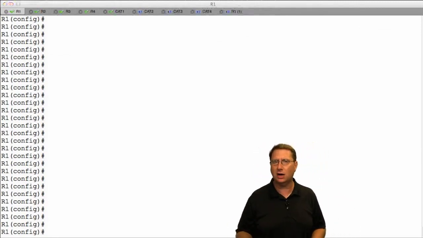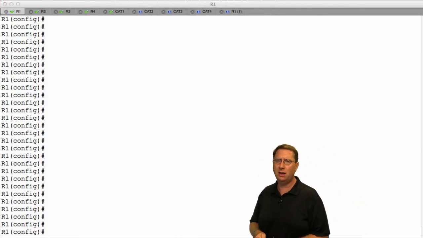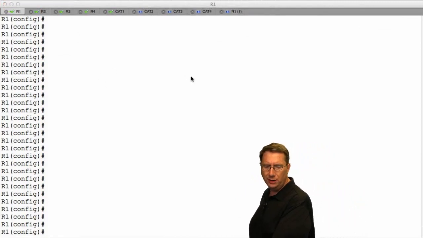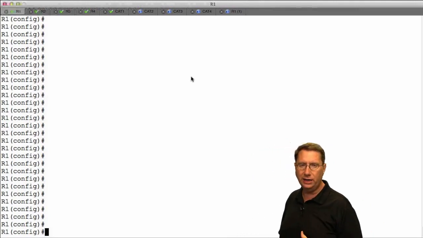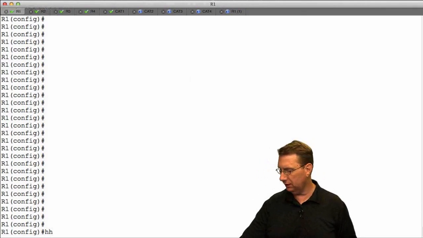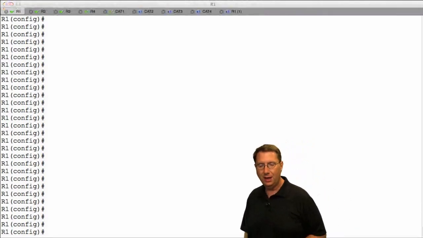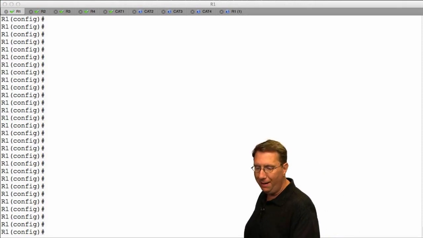Now, it's been a little while since we talked about OSPF. We mentioned it loosely near the end of ICND1 conversations. And what we want to do is highlight exactly what it is we're talking about and why OSPF is actually so important to us. Let's make sure that I've got everything good to go, and I'm going to pull my pen up and we're going to start our dialogue about